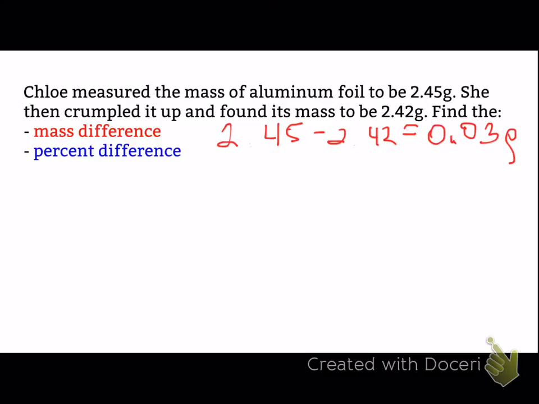And now we're going to go ahead and find a percent difference, and we're going to do that using for every statements, just like how we did it in class. So we're going to write out our first statement. Since we didn't expect the mass of the aluminum foil to change, we expected it to stay at 2.45 grams. So that is considered to be your total parts. Okay, so we're going to start with for every 2.45 grams,